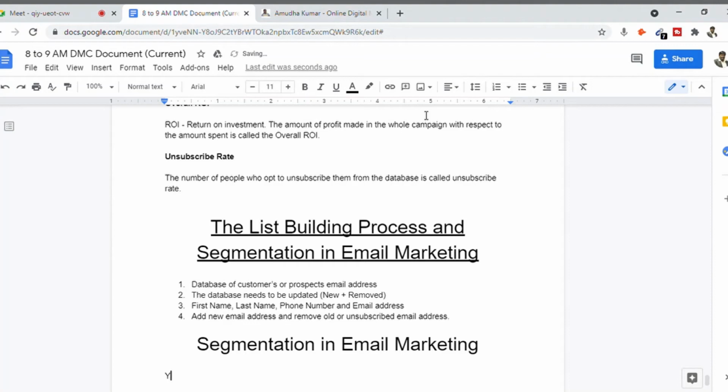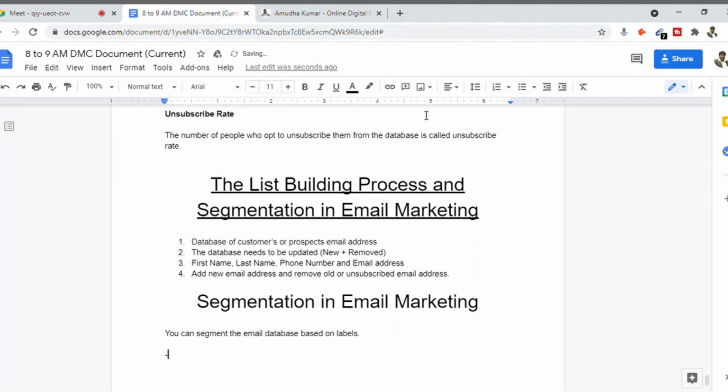At the same time, you can segment the email database based on labels. Labels means the categories. For example, if you have a database of emails, if possible, segregate them like single, which means people who are not married, and married.